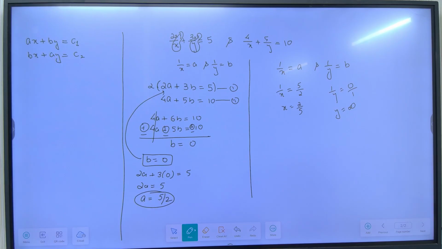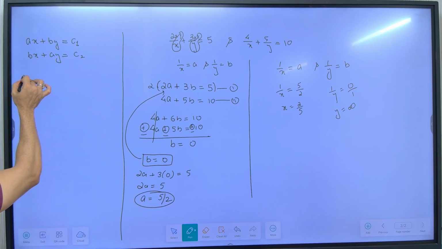Now, when you get such questions, you will always observe that the numbers a and b are very large. Large means like 3-digit or 4-digit. If both a and b are 4-digit numbers and you have to make their coefficients equal, don't you think it's going to be tedious? Even if it is a 3-digit number, you have to multiply it. So whenever we have such cases, what you are supposed to do,